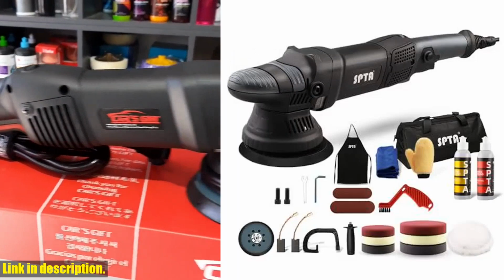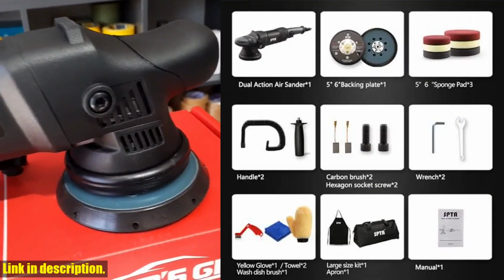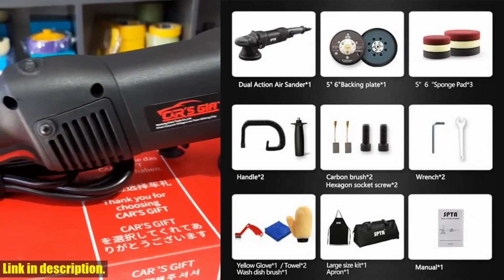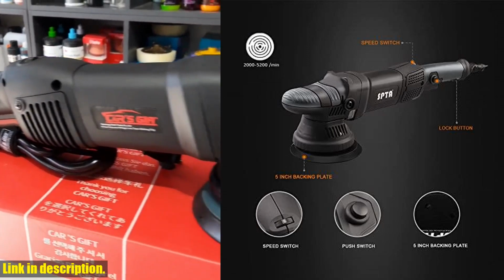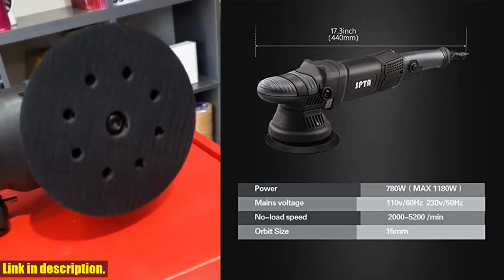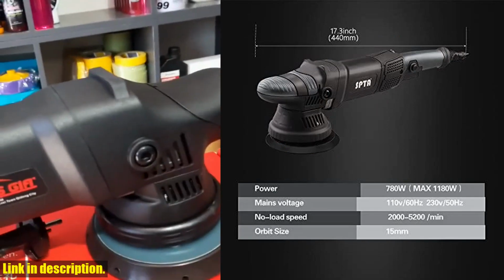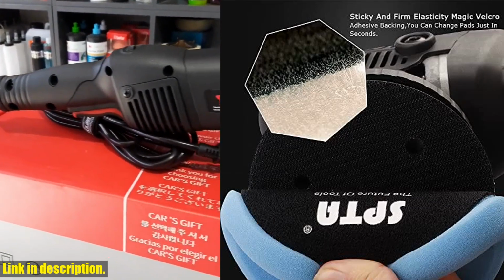But that's not all. With its 6 adjustable speeds, it can also be used for sanding wood or metal. SPTA Dapset US features a 6.5A dual-action polisher with a powerful 750W motor, making it perfect for all your car polishing needs. It also comes with practical accessories such as coarse and fine compounds, sponge and wool pads, sanding discs,